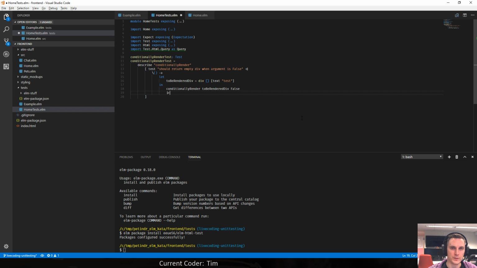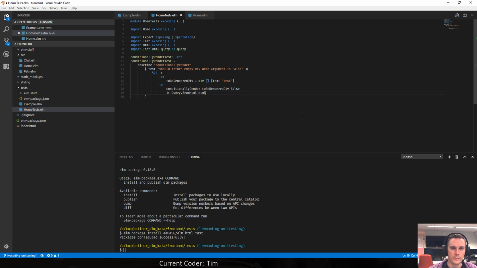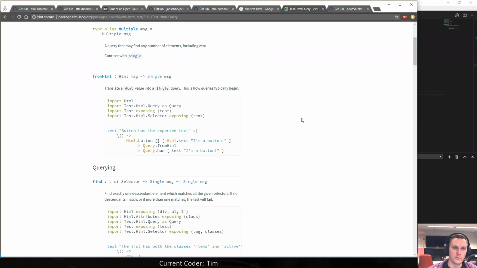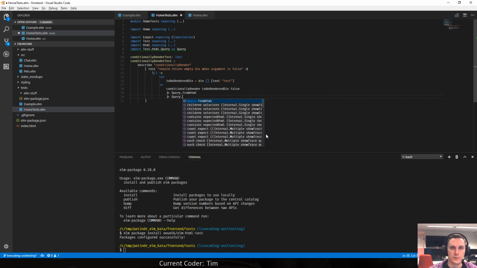And I want to pipe this into this query dot from HTML. Correct? Yep. And then I want to pipe this into something that says our. Why did it only give me some results? And now it lists it 3 times for some reason.